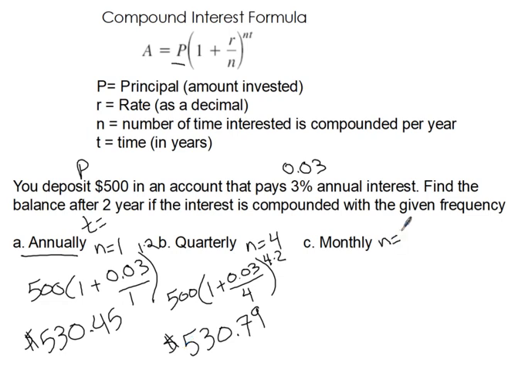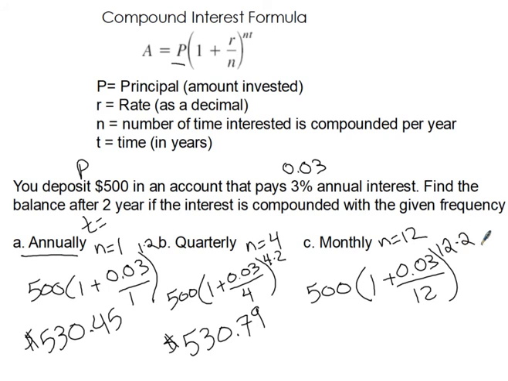Now, monthly, that means n is going to be equal to 12, so we'll take 500 times 1 plus 0.03 over 12, to the 12 times 2, 24th power. Same thing, I'm going to take that decimal 0.03, divide that by 12, add 1 to it, raise that to the 24th, multiply that by 500, and I get